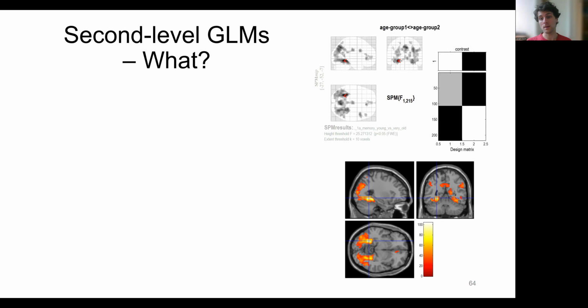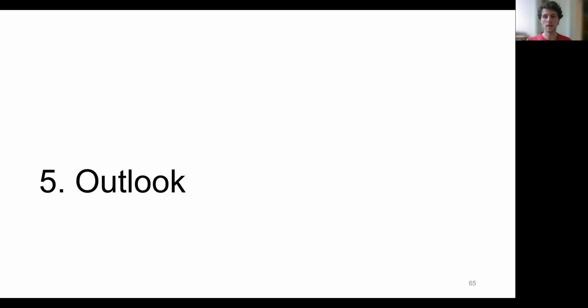And what we then see is that there are differences regarding this response in a large number of regions, consisting of those in the human memory networks, running from temporal over occipital into parietal areas, and that we have differences regarding this contrast in default mode regions, such as the precuneus and the temporal parietal junction. So this is it for